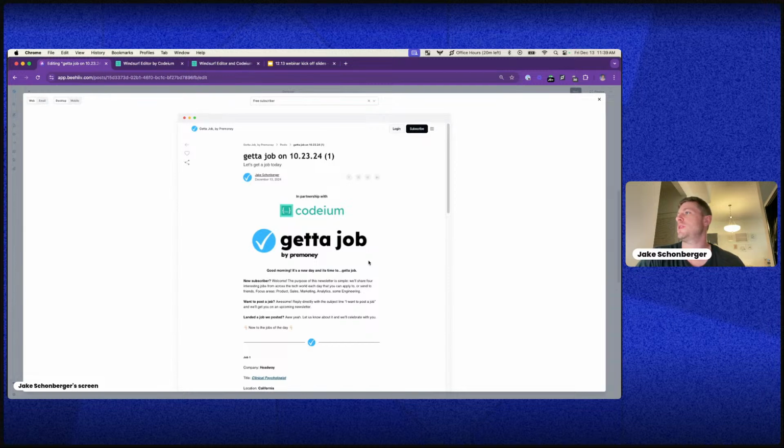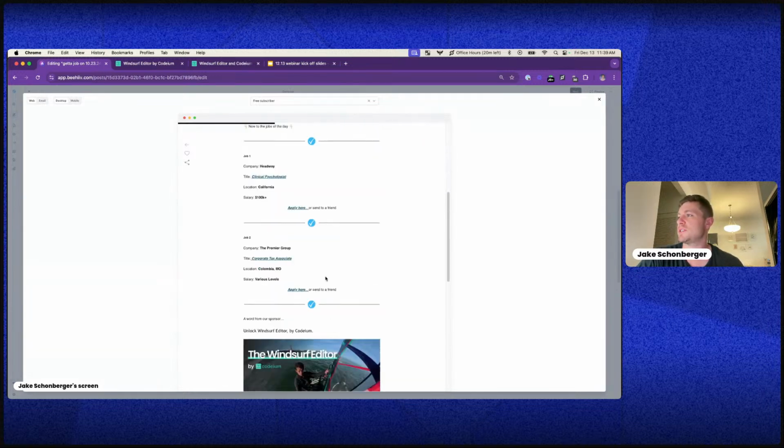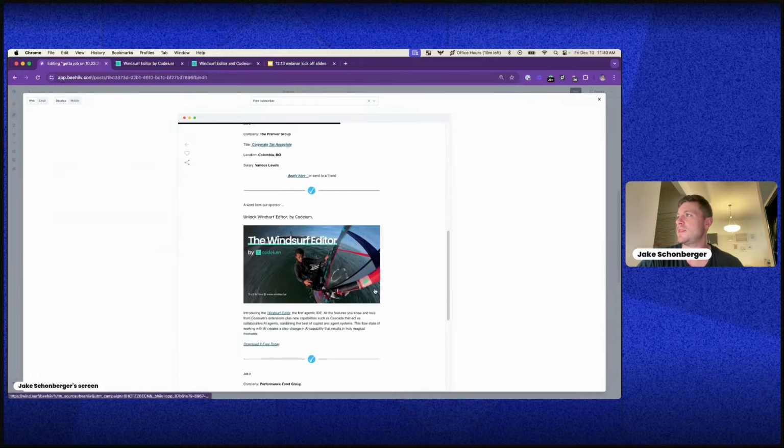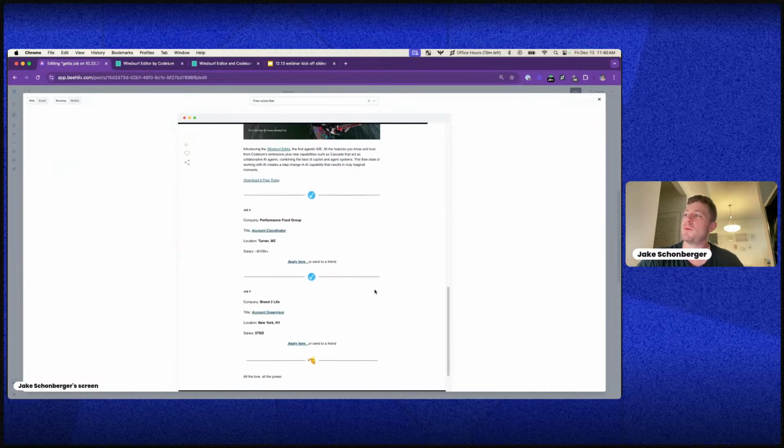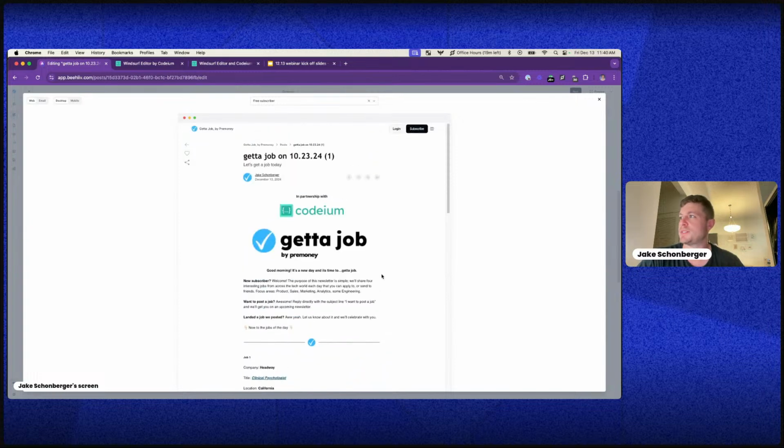Cool. So the preview shows up. It shows me in partnership with Codium at the top. And then if I scroll down, you'll see that ad in there. What I would actually like to do is change how that top section looks. I have my own logo and my own section here. I don't really love having this logo at the top of the newsletter or above